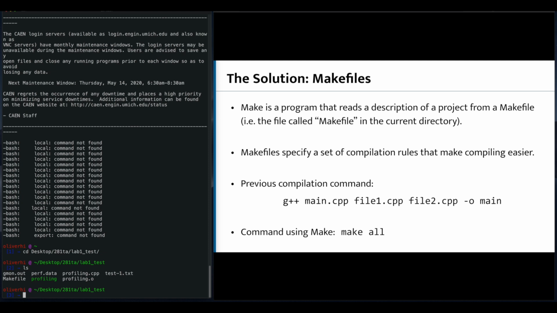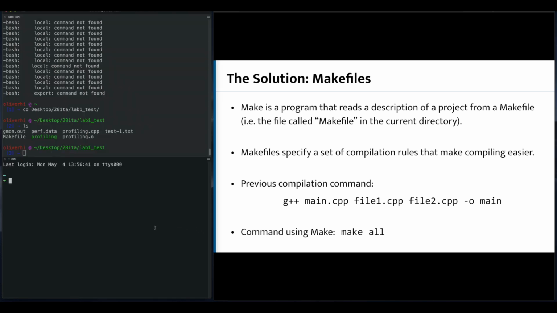Likely what you will see when you download the lab files from Canvas is a tar.gz file. So I'm going to SFTP, and I'm going to go into my 281 folder, and I've got a file that I'm just moving over through SFTP,